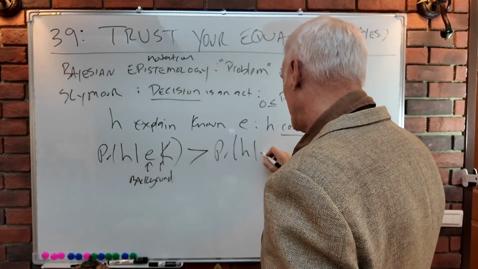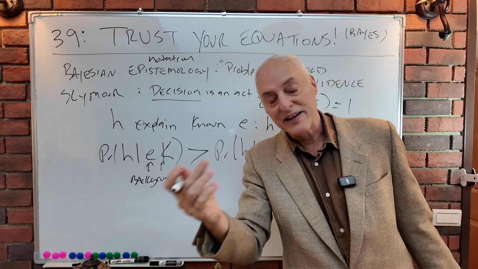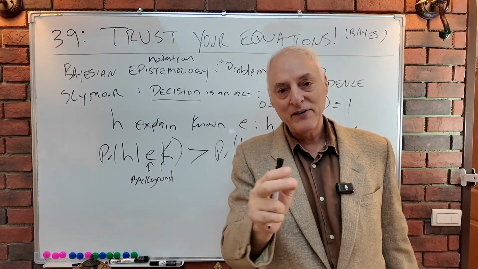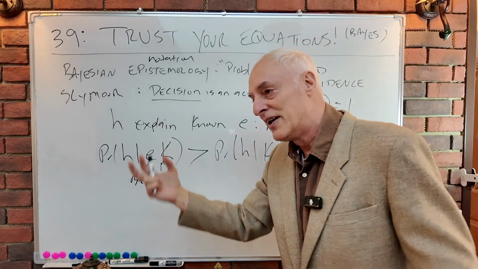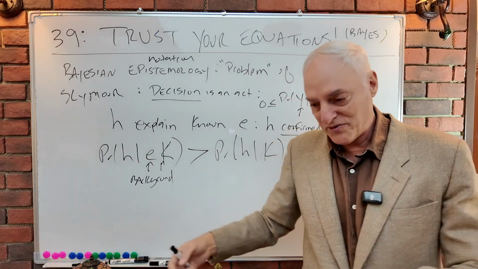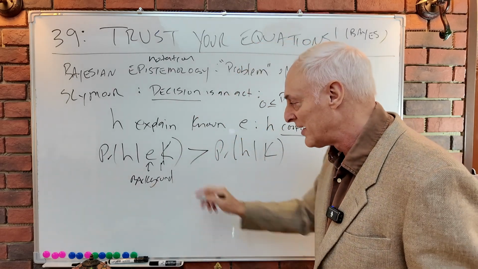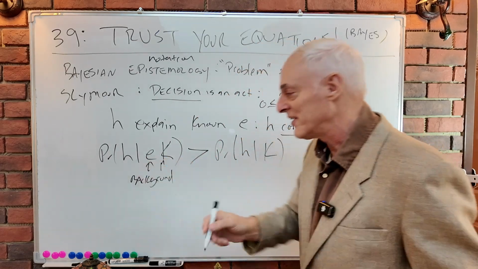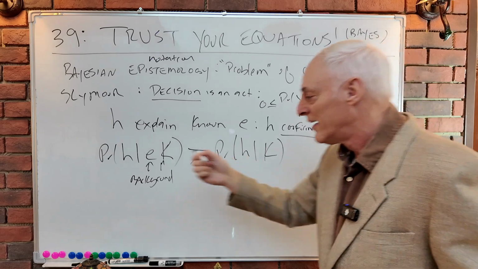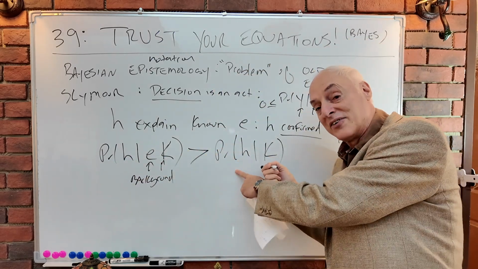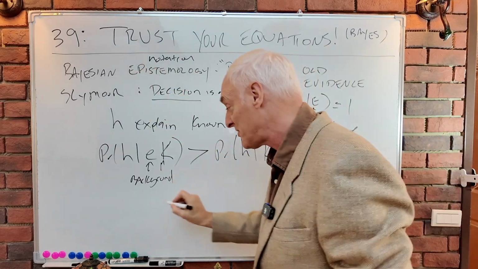the probability of H, oops, not E, sorry, as long as the probability after observing, not after, I warned us about this many times too, and I've fallen into this bad habit of language myself. Not after. In fact, we often misuse the terms prior and posterior and so forth. These are terrible terms because it's not after. It's just whenever we consider E, whenever we condition on E, if we condition our hypothesis on E, if that probability is greater than not considering E, given this same background information,